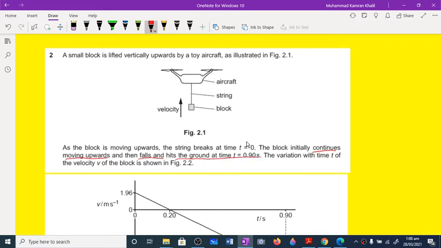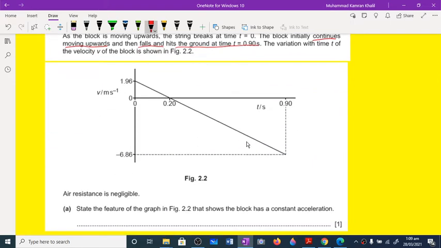So the aircraft starts moving from the ground, then it moves in upward direction. A time will come when its spring will break, so the block will keep on moving in the upper direction, and then it will come to rest and start moving in the downward direction. The variation of the velocity is shown in the diagram. So from the graph we can see that the object velocity will become 0 at a point.